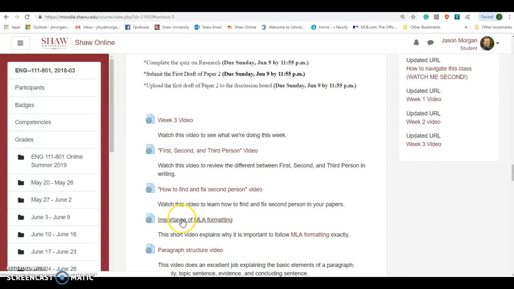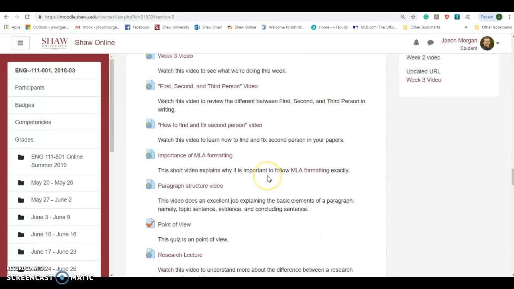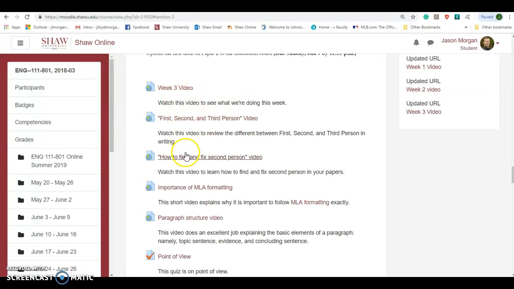And then there's a video on the importance of MLA formatting, because you have learned MLA formatting. Some of you have tried it and were successful with your first paper. Some of you not so much. So this kind of video explains the importance of that. And then this video, the paragraph instruction. None of these are very long, they're just a few minutes each. This will help you when you're constructing your paragraphs for your research paper. So there's a lot of little teeny videos to watch. Again, this is all information that's going to help you write a better paper.